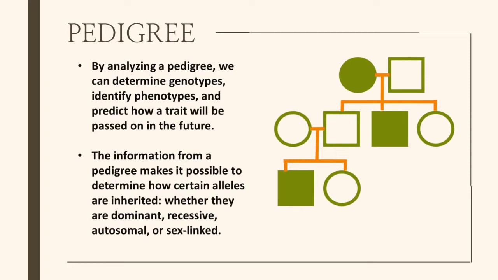Okay, so according to this one, so pedigree nga, ginagamit natin to in analyzing different syndromes and diseases. Aside from that, ginagamit din natin to in determining what will be the genotype or what will be the phenotype